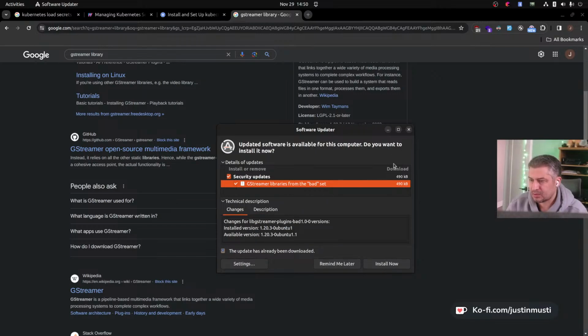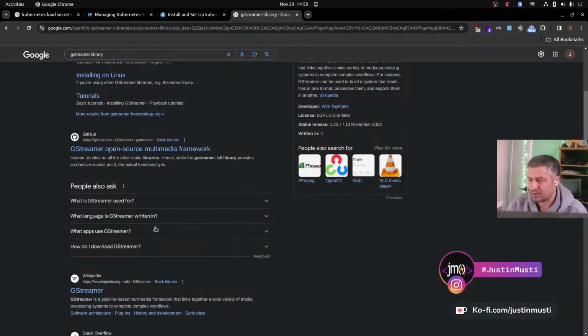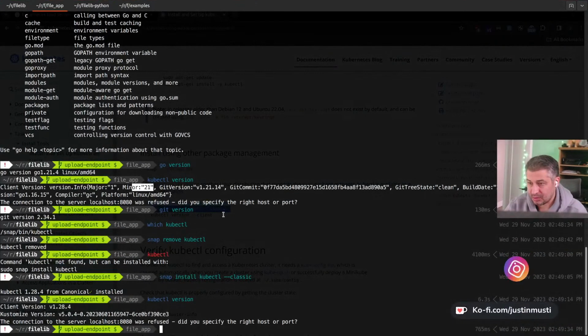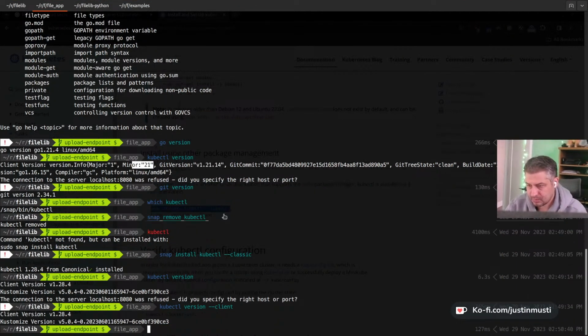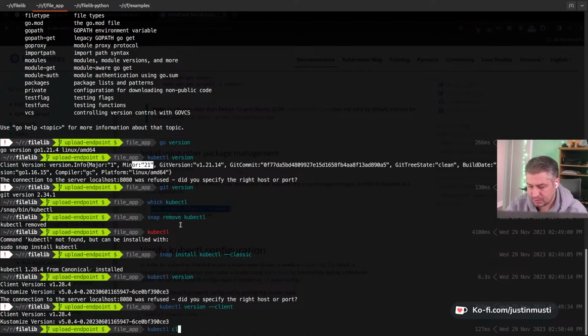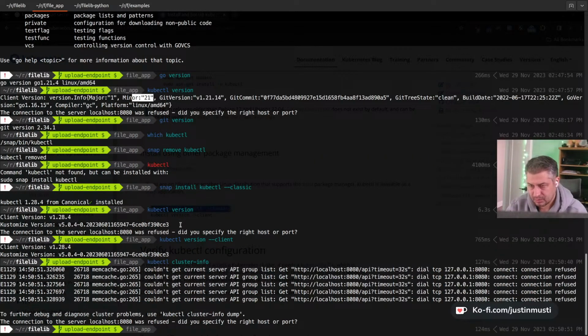Yeah, let's install. Okay, yeah, maybe another time. Version, client. Okay. kubectl cluster-info. Couldn't get Kubernetes server API group list, get API timeout, dial TCP. To further debug and diagnose cluster problems, use cluster-info dump. Well,